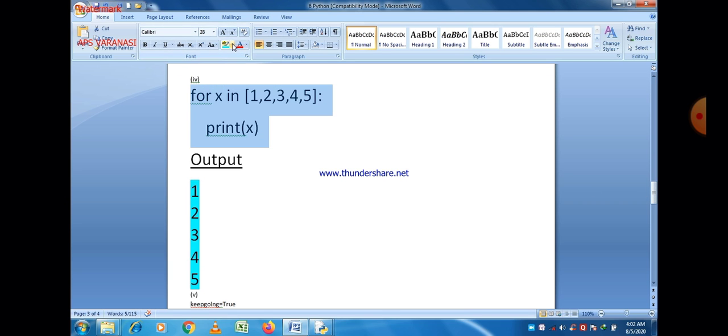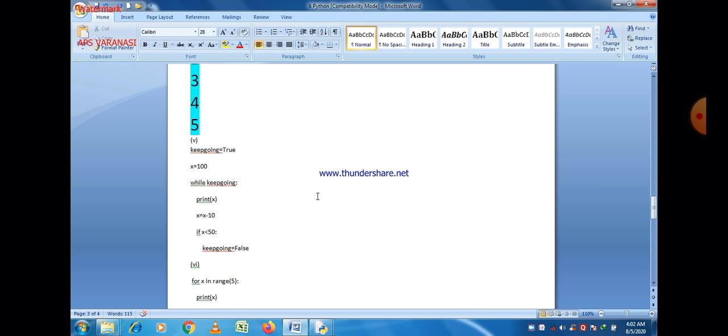Simple program, simple to execute, but the only difference is that no range function is there. Instead of a range function, there is a list which contains different elements, and it starts from value 1 and the last value is 5. So all values are printed when we run a loop for that list. So list is a little bit different in terms of the range function. The last value is included in the case of list, but in range function the last value is not included.